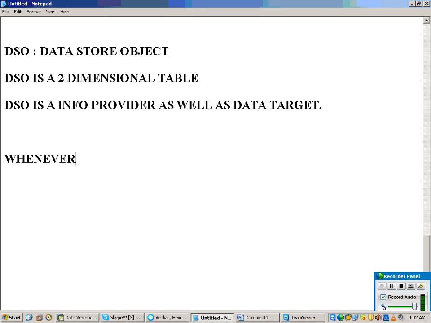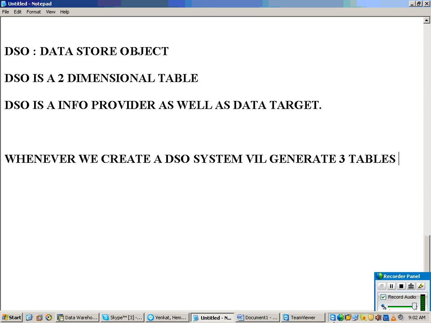Then what is the other part? Whenever we create a DSO, the system will generate 3 tables by default. In the database it generates 3 flat tables. When you created an info object, what tables did it generate?